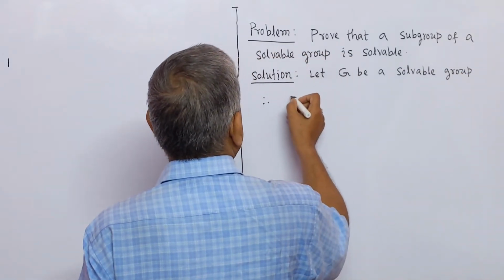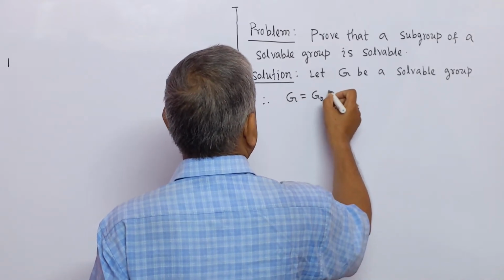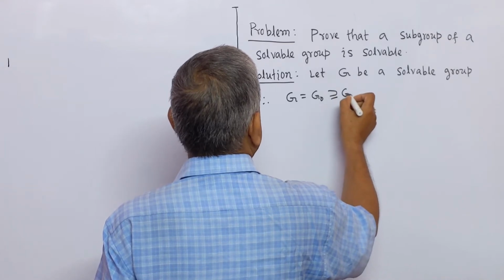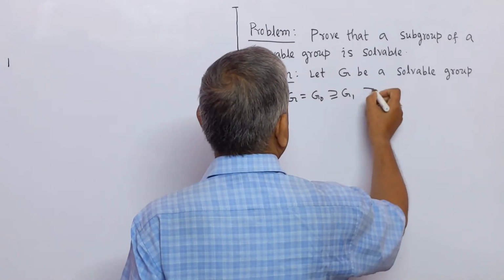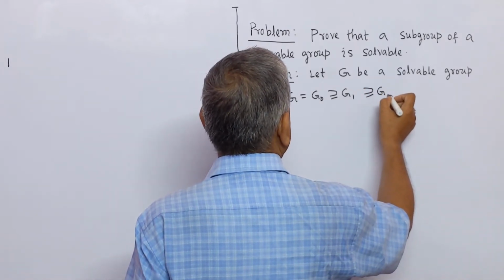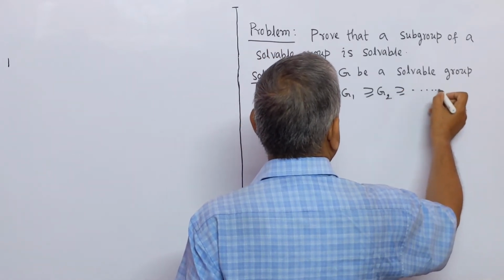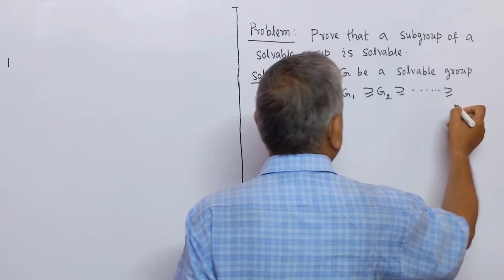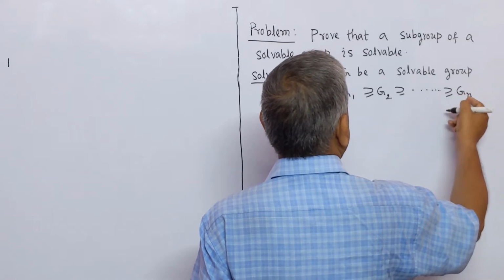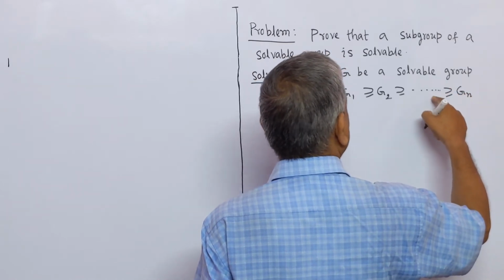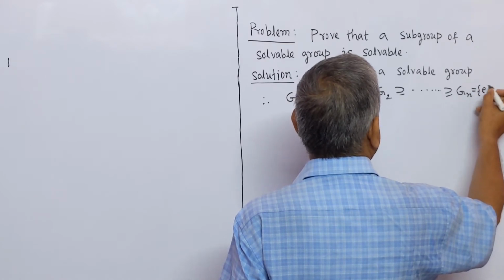Therefore G equals G0, G1 is a normal subgroup of G0, G2 is a normal subgroup of G1, and so on, Gn is a normal subgroup of Gn minus 1, and let this be a set containing only the identity element,